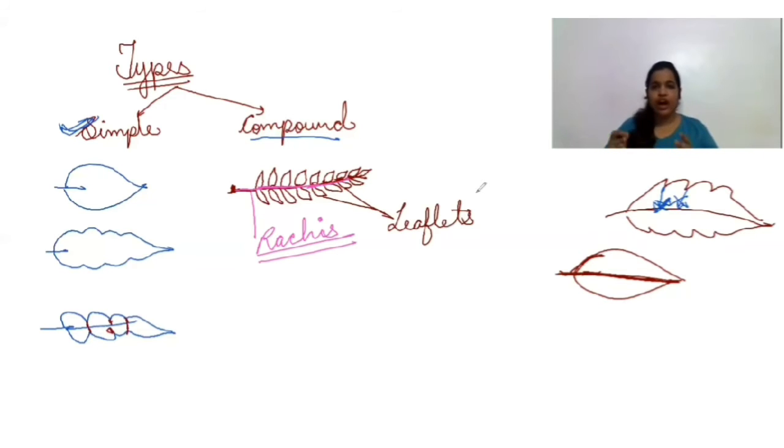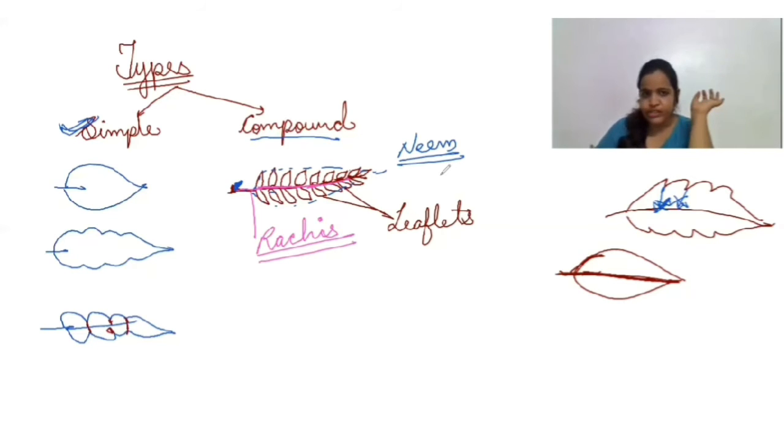Now, you will be thinking, how can we differentiate? We call them leaves, but why are these known as leaflets? Remember, I told you that in the case of leaves, the axillary bud will be present on the axil. So we see an axillary bud over here, but not on this part, not on this rachis anywhere. This is actually a complete leaf which was divided into partitions forming the leaflets. Clear? So one example is neem.